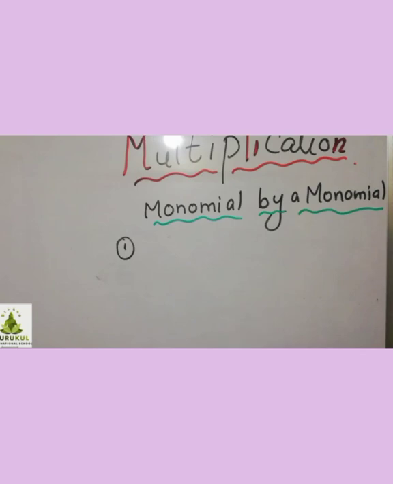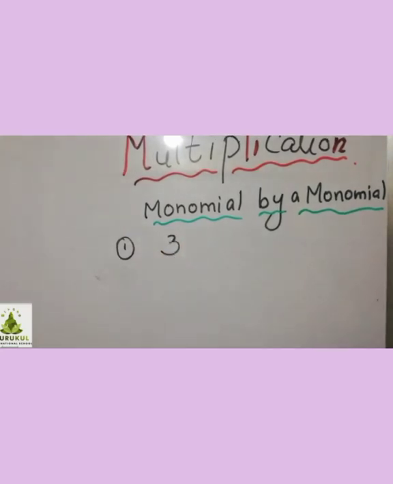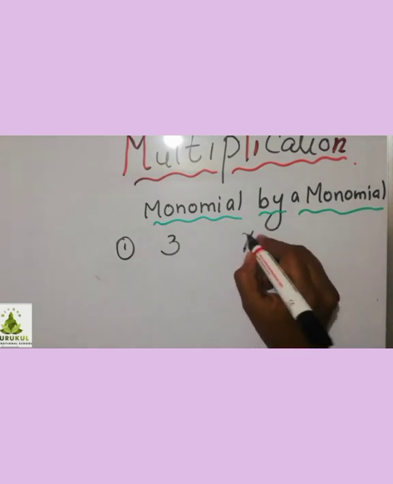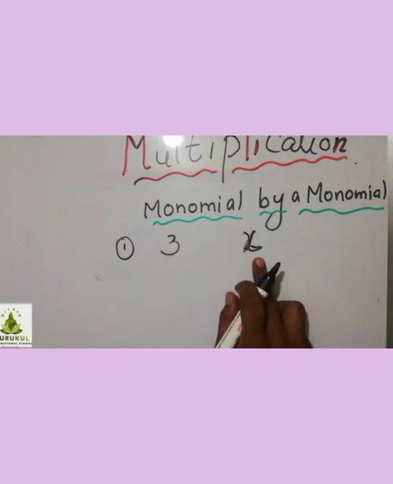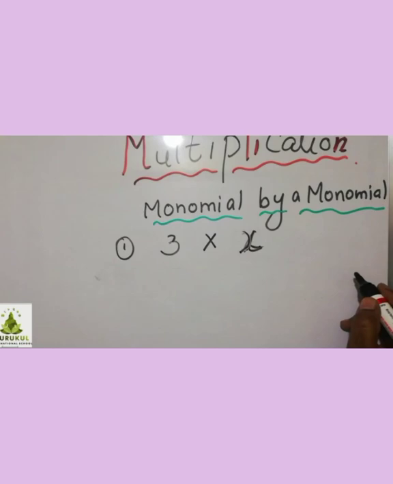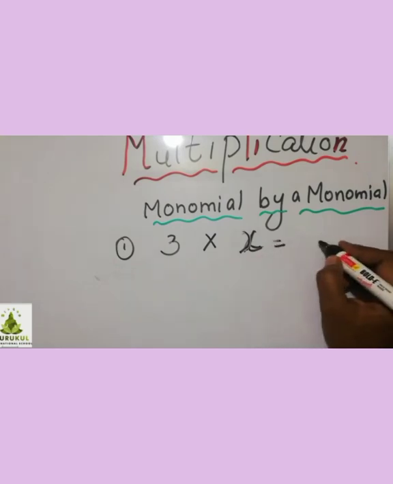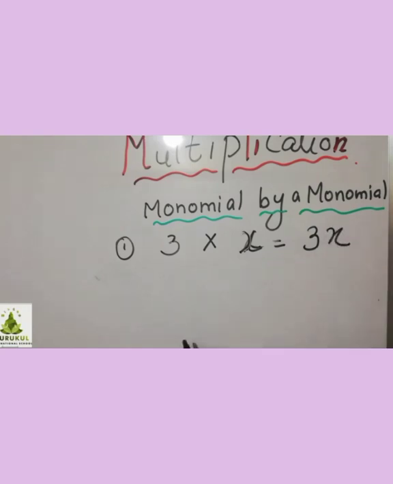Let's learn multiplication of a monomial by a monomial. Now, I write here 3. 3 is a monomial. Is it clear? One term. Now, I write here x. x is another monomial. Only one term here. So, if I want to multiply monomial by monomial, what will I do? I will put here a multiplication sign. So, what do you get? This is a simple example. So, 3 into x, monomial by a monomial. So, I get 3 into x is 3x. Is it clear? Now, the second example we will see.